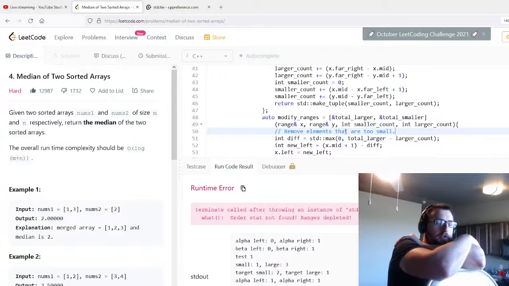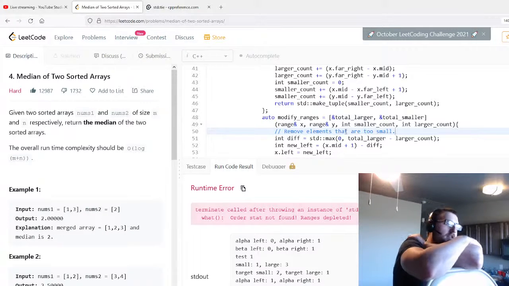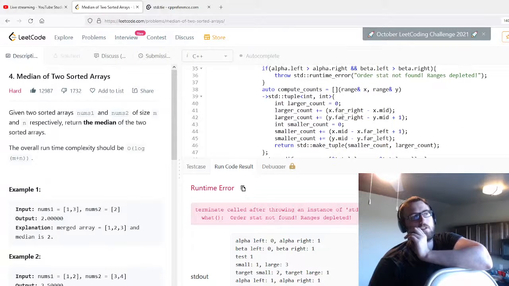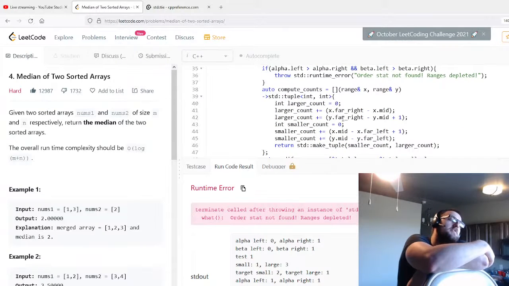So for the smaller median elements, we know the number of things that are larger are the elements to the right that are larger. No. The small represents the number of elements that are definitely smaller than the larger median, and then the larger count represents the number of elements that are definitely larger than the smaller median,